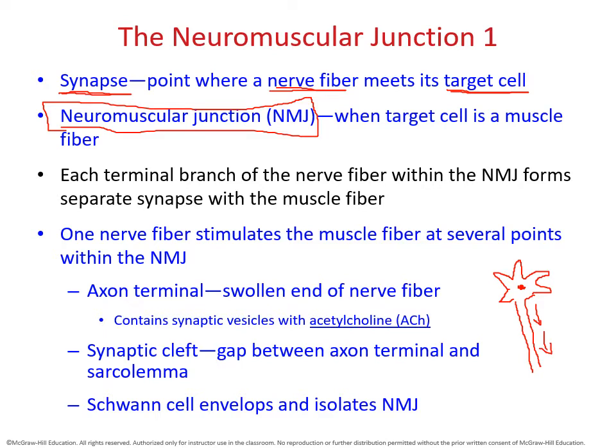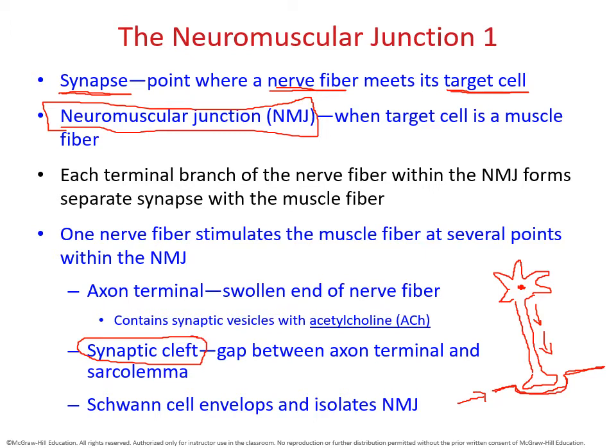And what we see happening is at the end of the axon, there will be a slight swelling. This is called the axon terminal. This is the swollen end of the axon, and it is going to hover ever so slightly over the sarcolemma. So this little line that I'm drawing right here, this is my sarcolemma. So this is my plasma membrane of my muscle fiber, right? So the axon terminal, the swollen end, will hover over this little dip. This little dip is called the synaptic cleft.